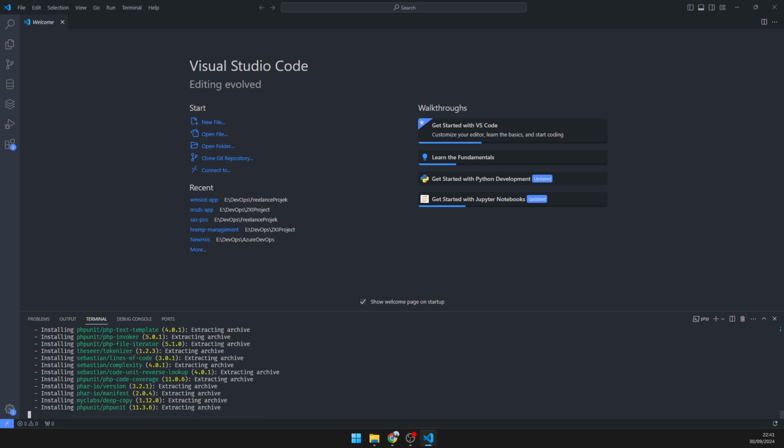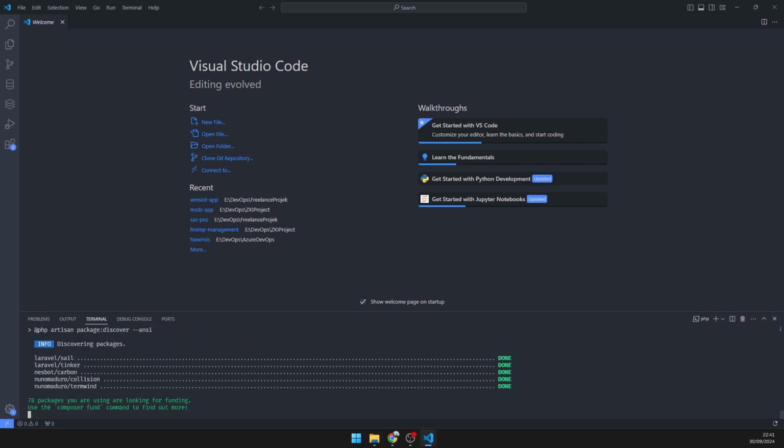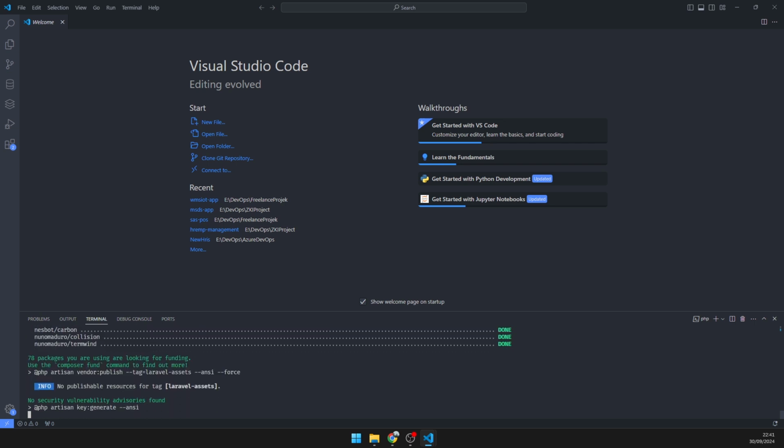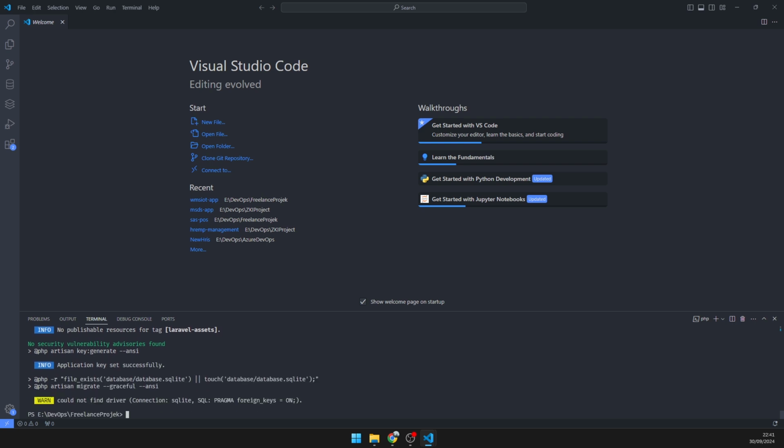This process uses the internet, so your internet must be a fast and stable connection. Okay, Laravel was downloaded successfully.